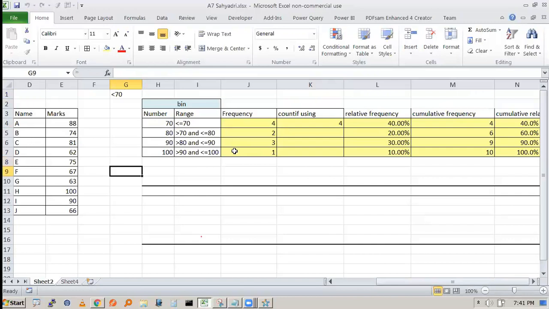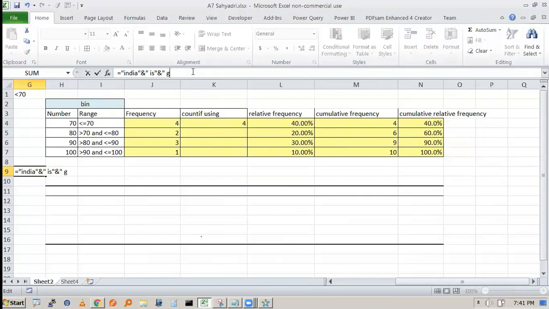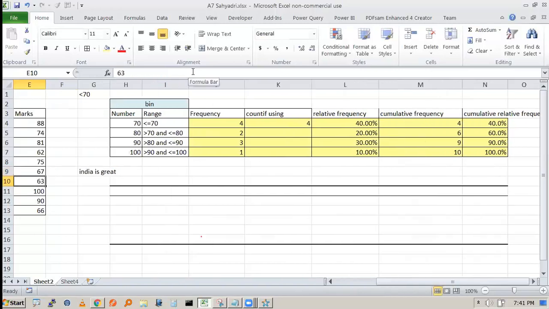As an example, if I write India ampersand is ampersand great, you can see what output will come: India is great. So this way I have concatenated India, is, and great.